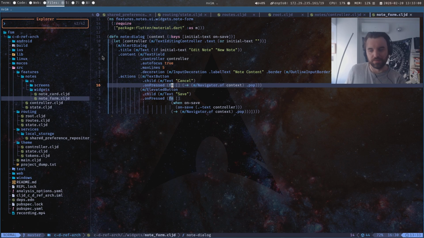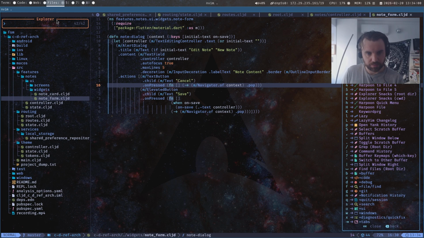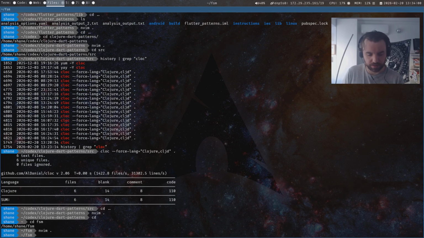But I hope you can see that when I get to this stage, you can just open up your computer. It's only a few hundred lines of code to get what takes maybe a few thousand in Dart. It could be in Irish, it could be in English, and you can start typing and build out your app in real time and watch it build up on your screen. To finish, I will just use the clock command here.